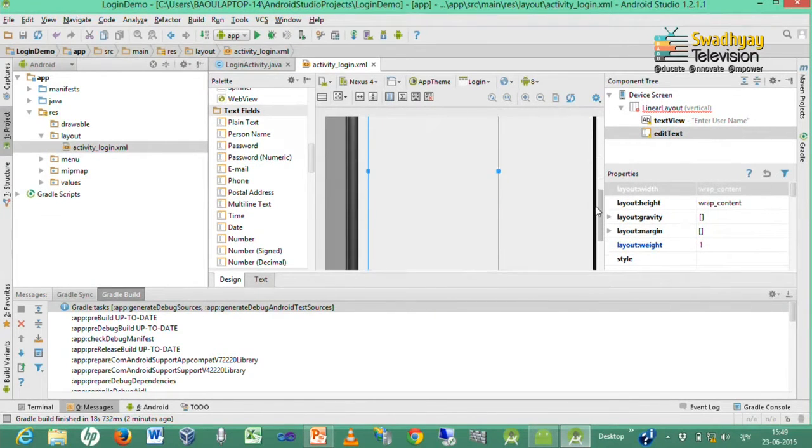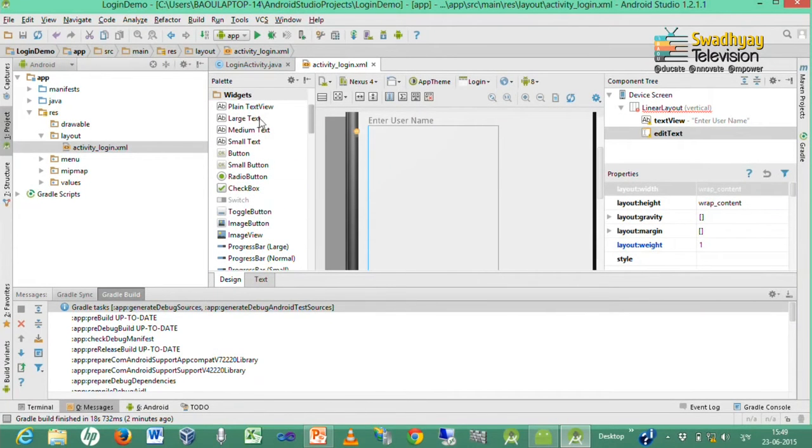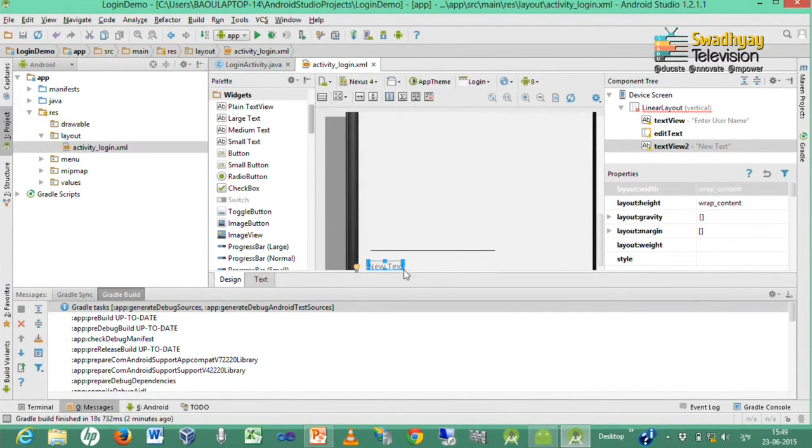So, on the screen you can see these text views. Now, again we are adding one text view, and the text for this text view should be enter password.